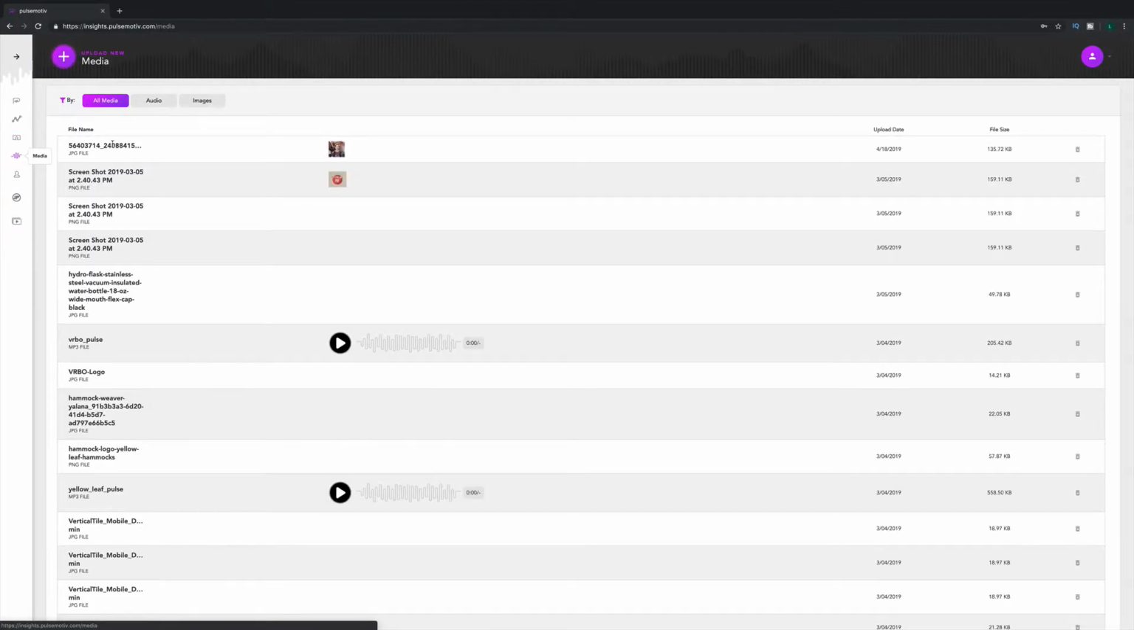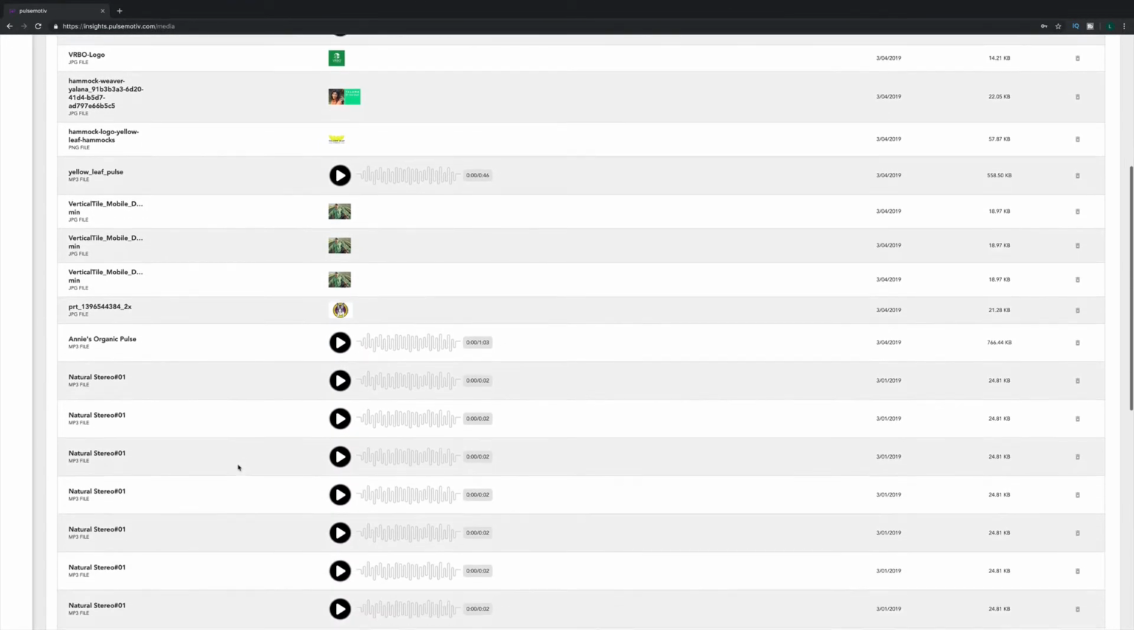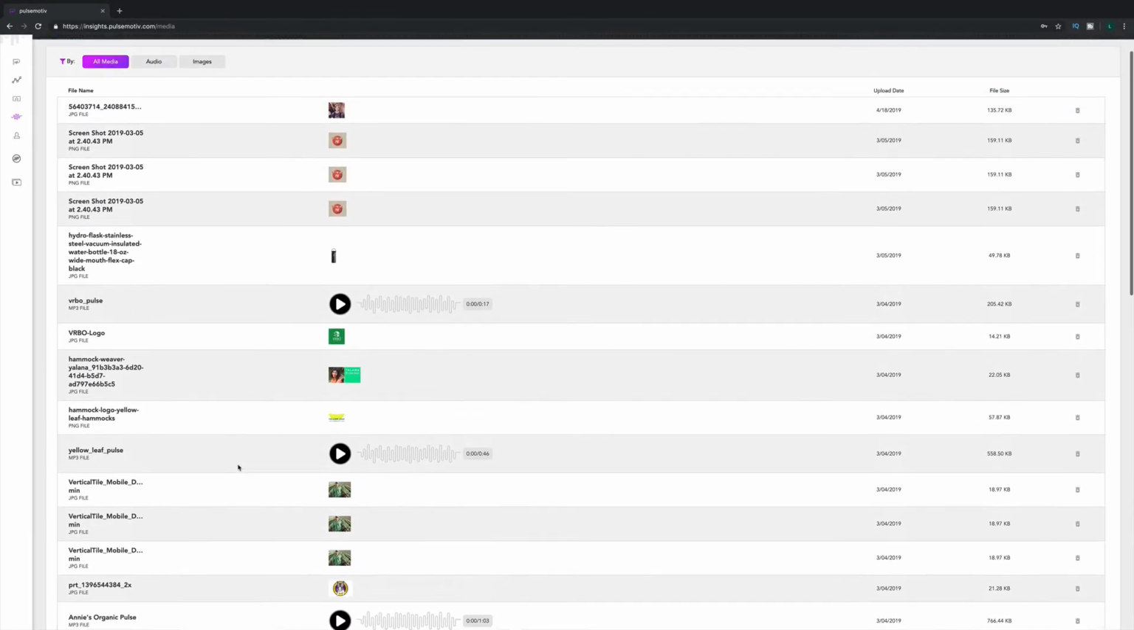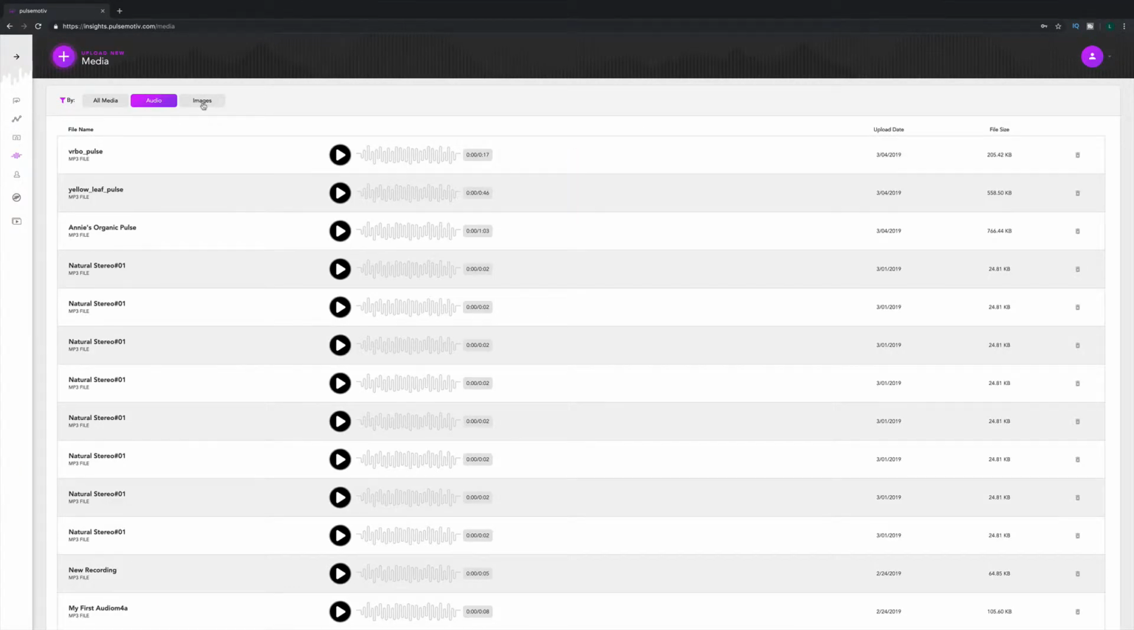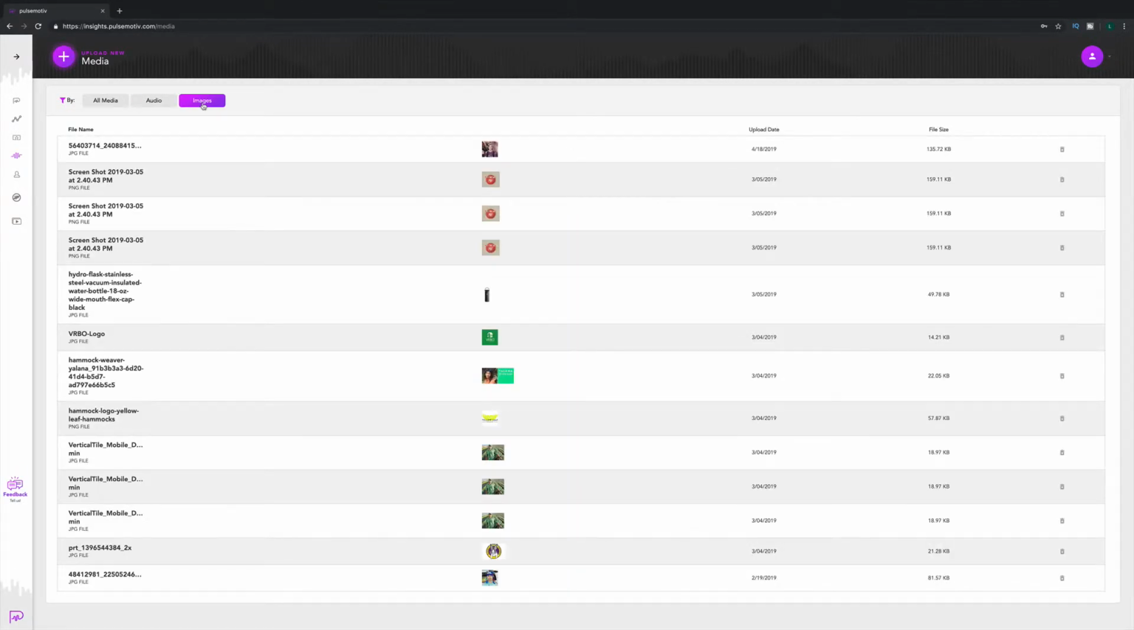This is the media storage container. Similar to the slideout library, this is where all uploaded audio and image files are stored. View by audio or images at the top. We save every file you upload here in this container for future use. They can be deleted